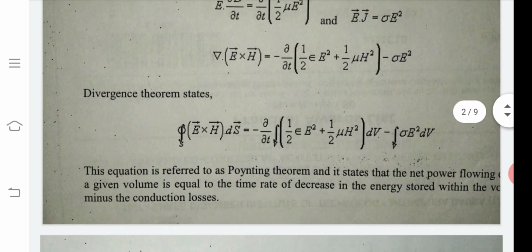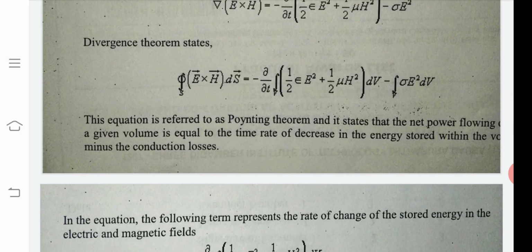Applying the divergence theorem here, we find the electric and magnetic field equation in a closed medium, with the fields integrated over the closed path: ∮(E×H)·ds = −∂/∂t ∫(½εE² + ½νH²) dv − ∫σE² dv. This equation is referred to as the Poynting theorem, and it states that the net power flowing out of a given volume is equal to the time rate of decrease in the energy stored within the volume